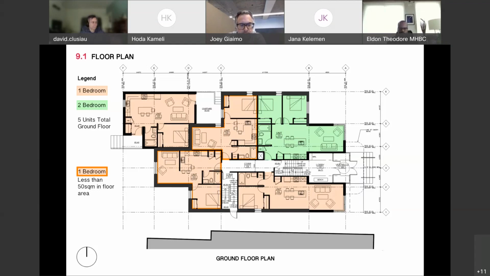And also, as Eldon mentioned, I'm struggling with the corner balconies. They're a common feature for the apartment buildings in this neighborhood, and I would strongly suggest to keep those and not to enclose them. The enclosed corner units, with corner windows, really do not read as a balcony, as was suggested through the presentation. And my only other comment is that the materials and especially the color scheme are not familiar to this neighborhood, so I would strongly suggest revisiting at minimum the color scheme to be more empathetic to what is in the surrounding area. Thank you.